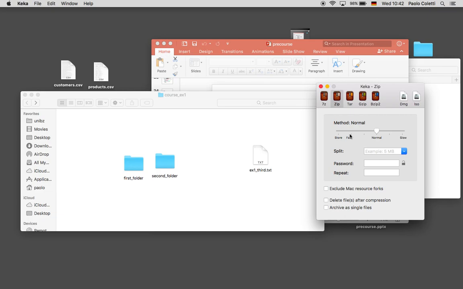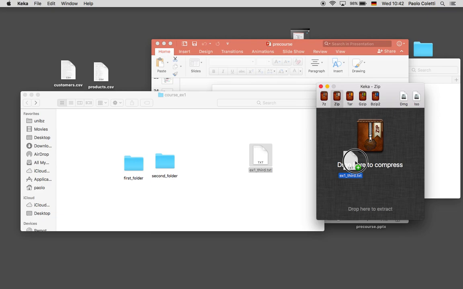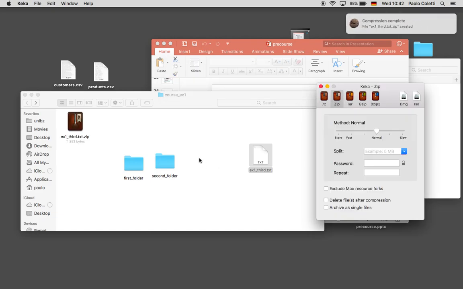When you compress a file, you can gain up to 90% of the space, so you compress a lot if the file is a text file. If the file contains images or videos, well, they are already compressed, so you usually can't do anything, so it doesn't improve. Okay, now we'll compress this one, which is so short that we will not gain anything, or probably we'll lose something. So to compress it with Keka, just drag it here. Hop, done.